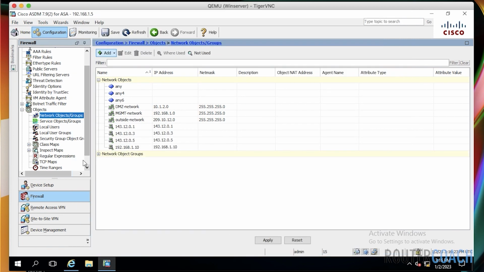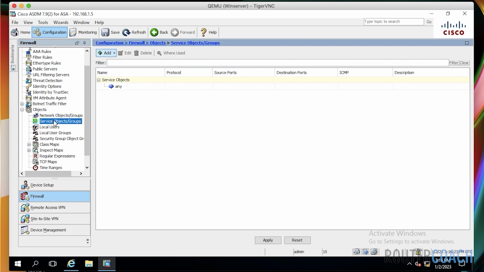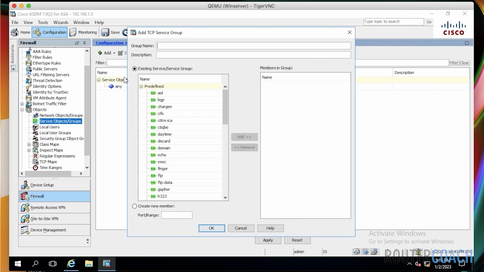And then the next one that we want to do is our service object. So I'm going to allow telnet and HTTPS. So we will add our service object group. And you can see we've got our TCP, UDP, ICMP. We want to use a TCP service group, sorry. And this was called